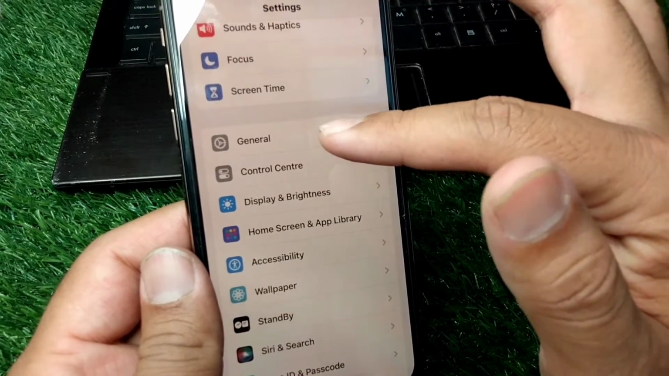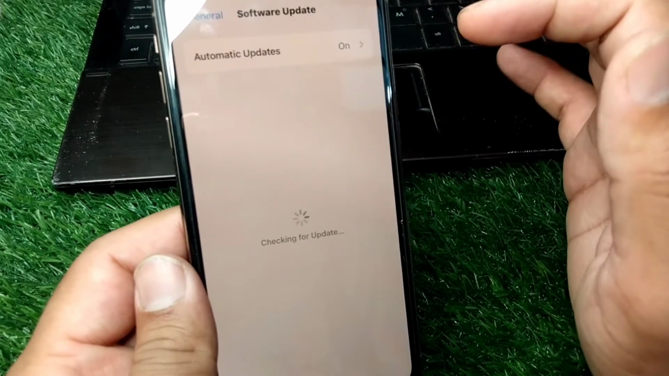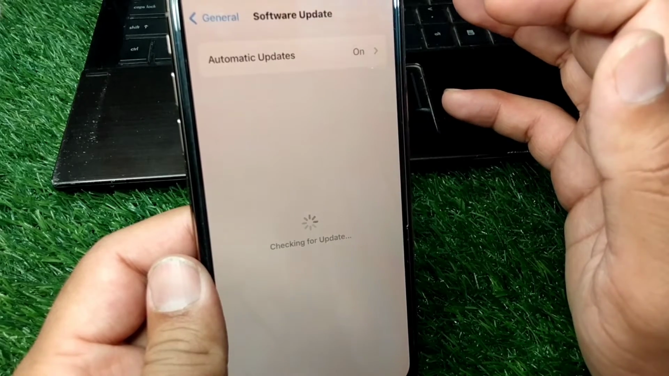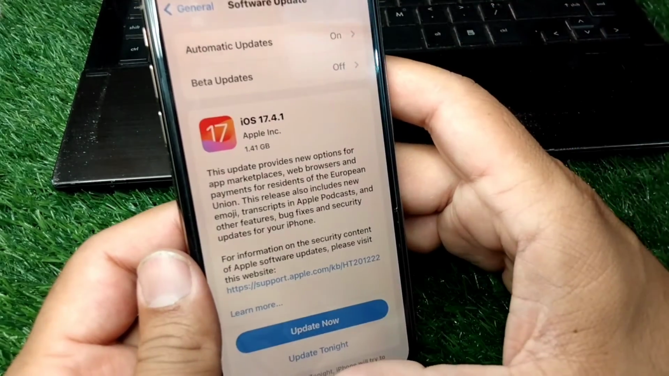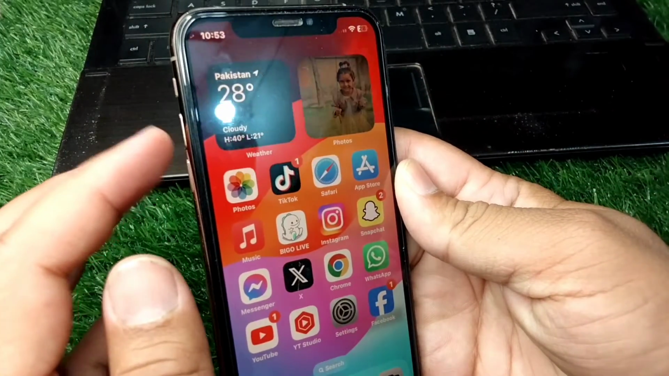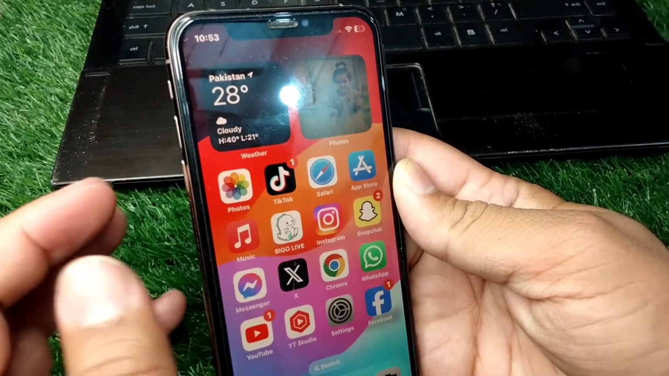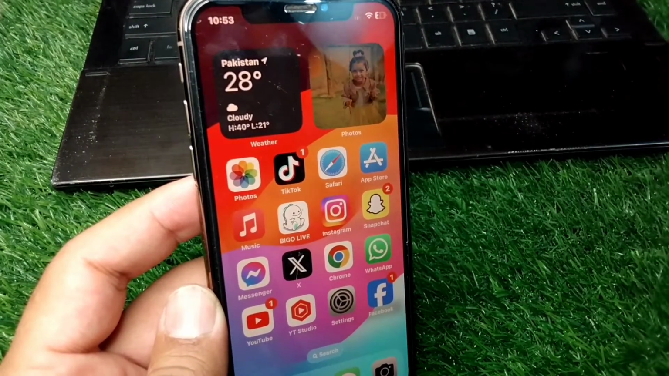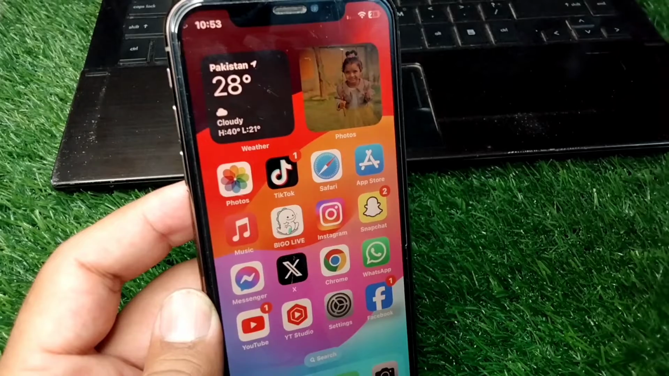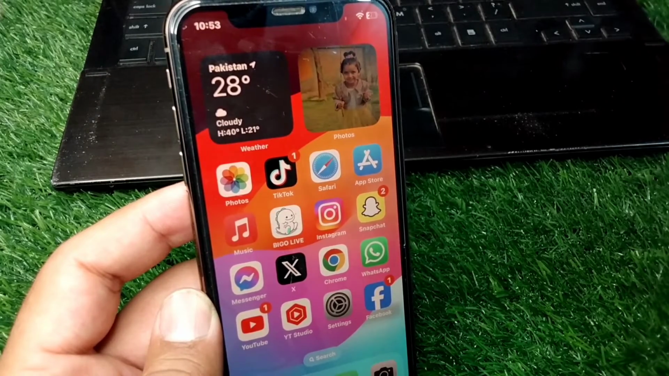simply open general section, tap on software update and update your software to the latest version, and after this force restart your device for one time. So guys, press and release the volume up button and then down, and keep holding the power button until your device force restarts. So guys, do this, and after this hopefully your problem will be fixed, and if the problem